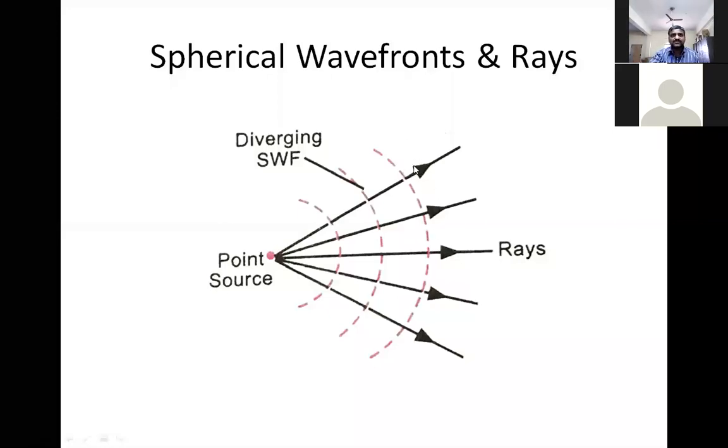So in the case of spherical wavefronts, the light rays will be diverging or converging. From a point source, the light rays will always be diverging. And if the light rays are converging to this particular point, then you may call them converging spherical waves. Generally, from a point source, you will always get diverging spherical waves, but not converging. Just for clarity's sake, I'm giving you the other definition also. So this is regarding spherical waves and spherical wavefronts. Next slide.